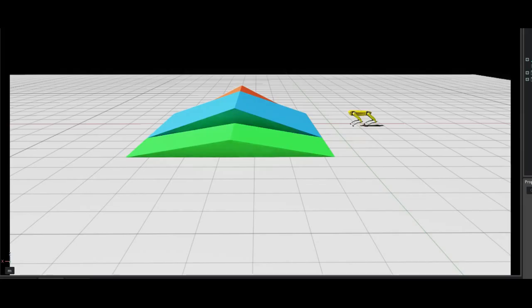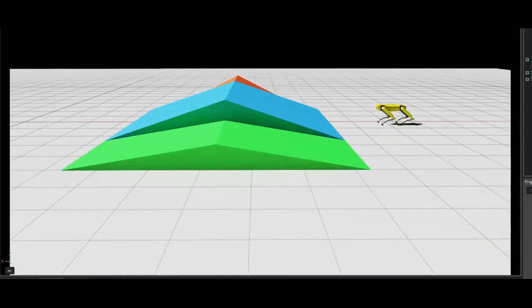I will zoom in before robot tries to climb a slope. Okay, as you can see, robot successfully climbed the blue slope,